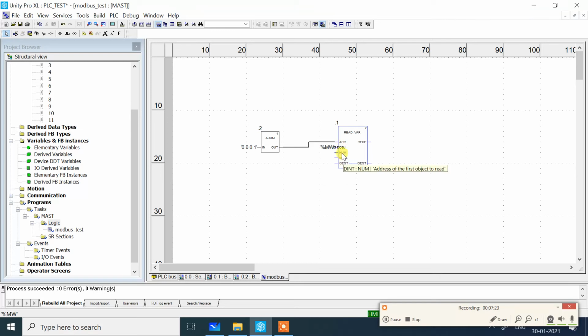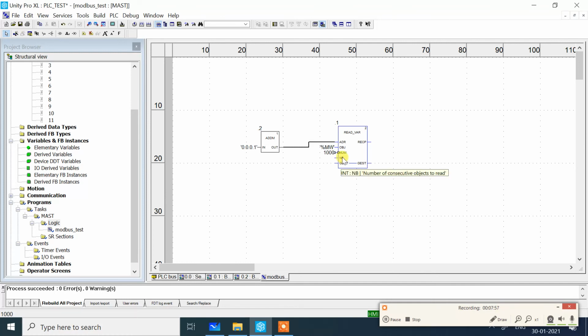Then what address do we need to read? The address is as per the slave address, the reading memory address. Here 1000 is the slave address, and from 1000 we want to read 5 registers, such as temperature, pressure, speed and current, whichever 5 registers we are reading through Modbus communication.